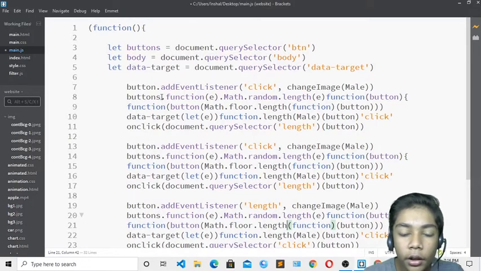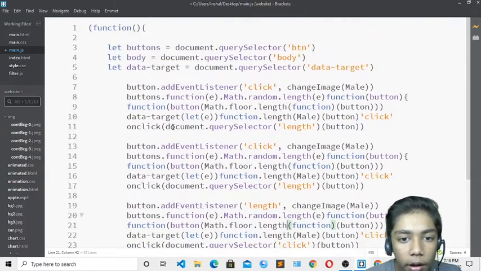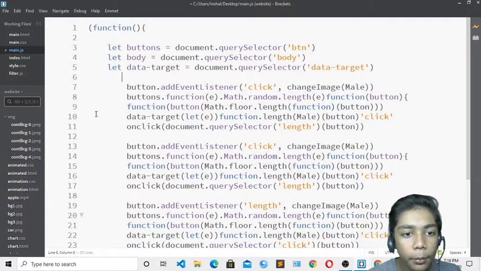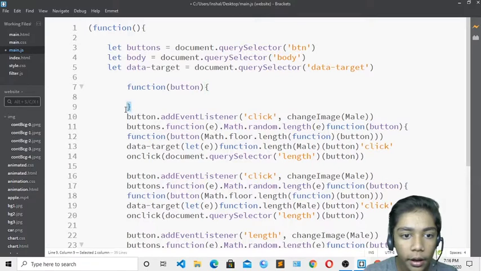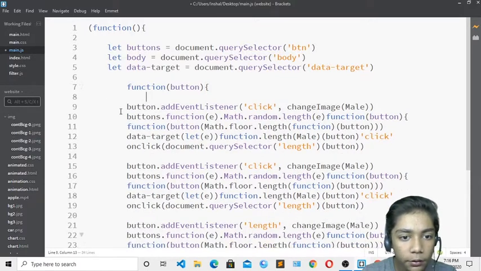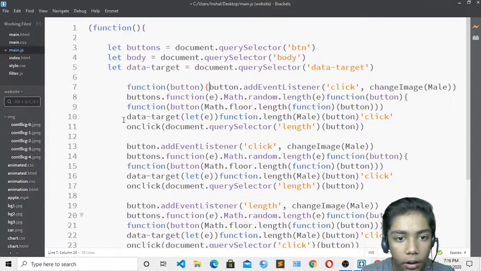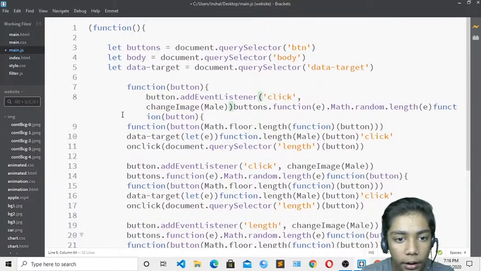Now when you have done all that, it is looking really good over here. So I will come in front of that, press enter and write function over here. Write function and in that you have to write button again, then come over here, write that, copy this and erase from here. Then you have to press enter over here. So we have to do this for all of them.